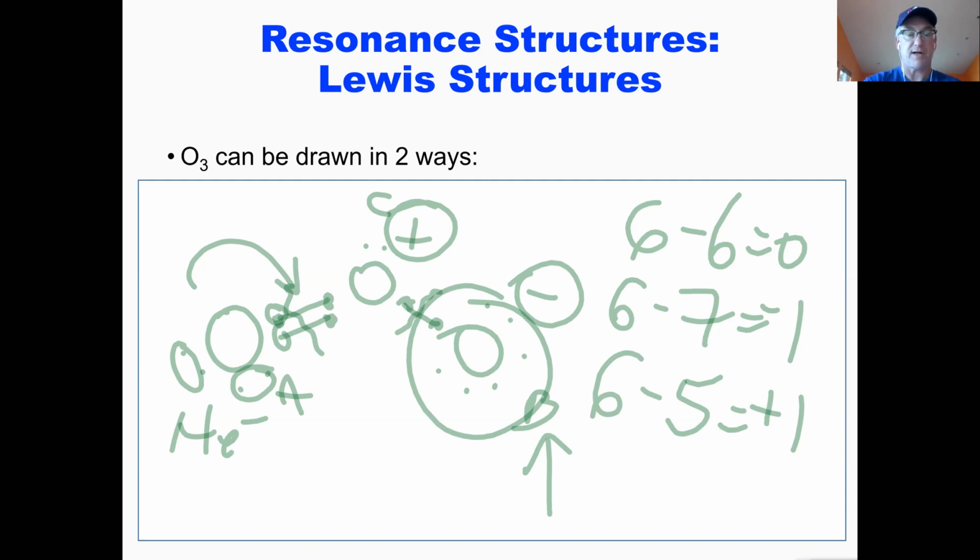Let me change colors. One of them is going to move that pair of electrons toward C and make another bond. So now oxygen B has no charge, and the oxygen in the middle now has no charge